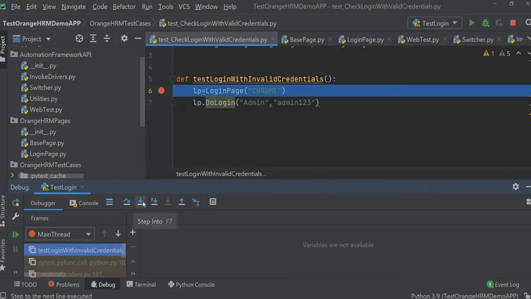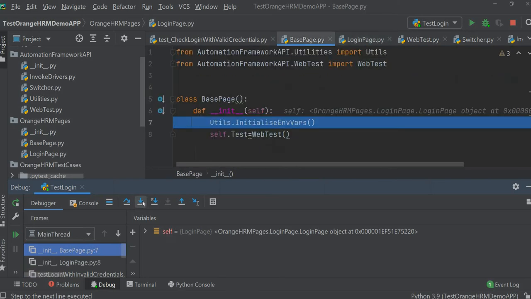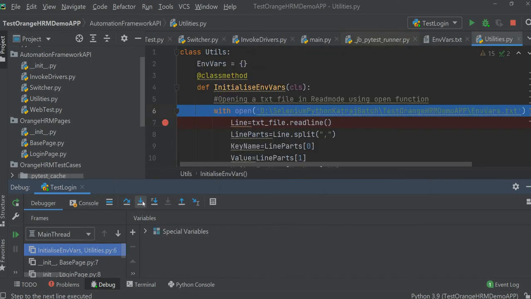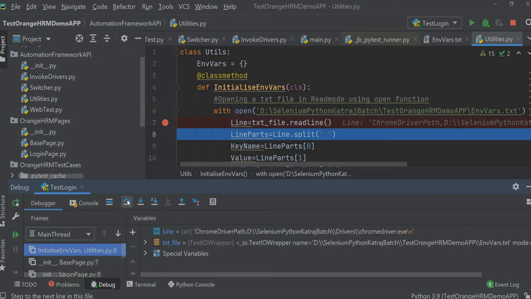Now I would say step into. Step into will take you inside the function. See, now from here I am again doing step into, which is taking me here. From here I am again doing step into, which is taking me here. Exactly. Now I don't want to go inside this open function because it's not written by me, it's a Python function. So I'm not interested in debugging that. So I will say step over. This is a step over. So which is coming inside, correct, absolutely fine.